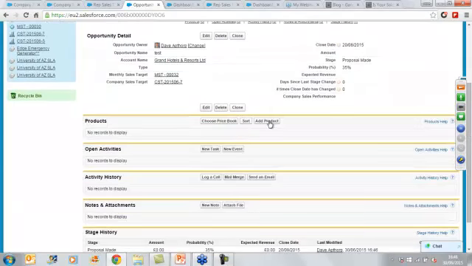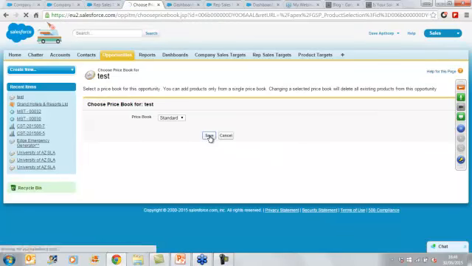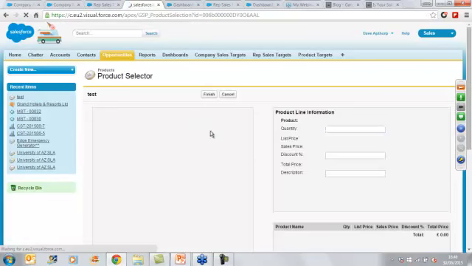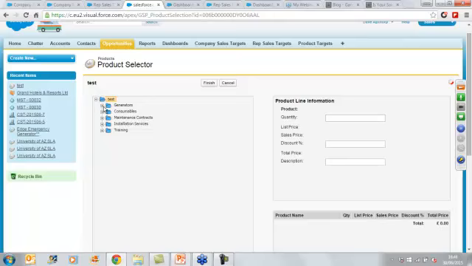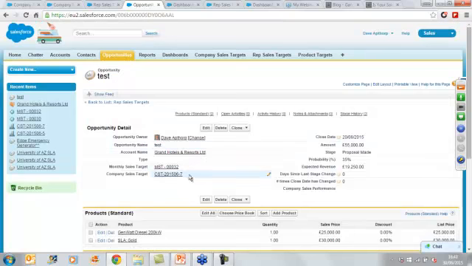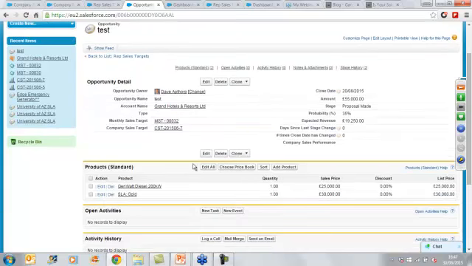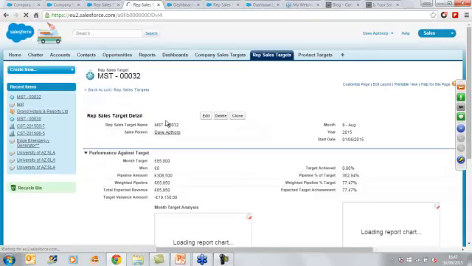And we'll add a product to it. Let's choose a standard price book. So let's just quickly add a product to that opportunity. So now, if we go back to Dave's sales tab, there's the bit of code working in the background. You can see that the code, we normally wouldn't have those. You'd probably leave those fields off from a user point of view, but we've got them on at the moment. You can see that's been linked to the August